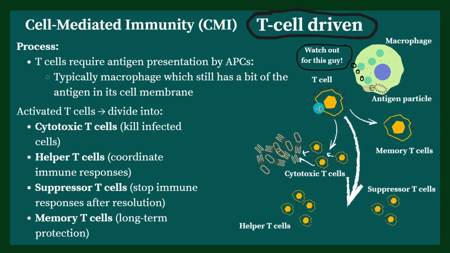So we have our T cells. Those are the ones that have to go through the thymus to mature. So first of all, T cells are hanging out, right? And then there's this macrophage that chewed up an antigen, it chewed up a virus, and there's a little chunk of it here. The T cell bumps into that guy, and it's like, here you go, watch out for this guy right here. I just chewed him up, he's out there. There's a bunch of them out there. And so that marker gets attached to the receptor on the T cell, and it divides into four different